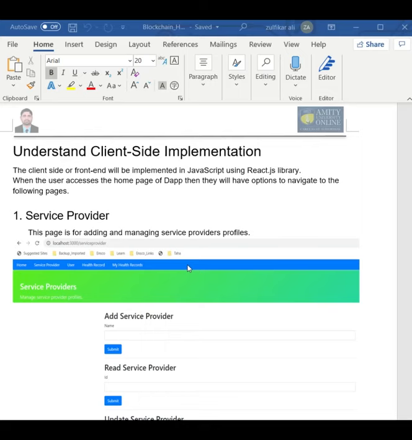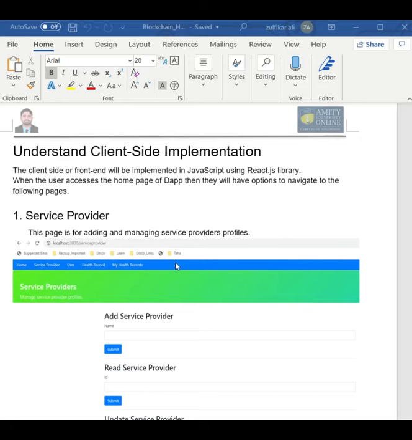Service providers page. On this page, the admin can add a new service provider, access the profile of the service provider, and update the details of the service provider where he belongs. It should be noted that even though an admin from one service provider can create another service provider profile and its admins, they cannot update the profile of another service provider and their admin. Only the respective admins can do so.